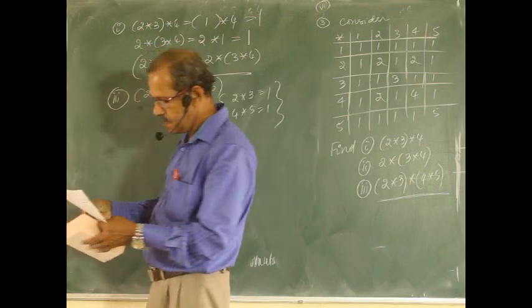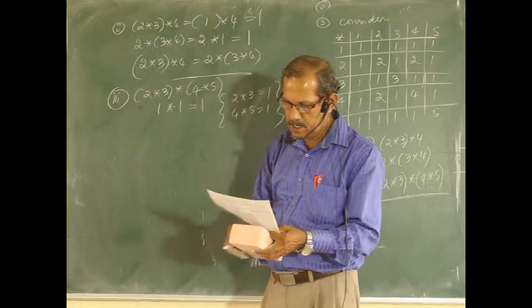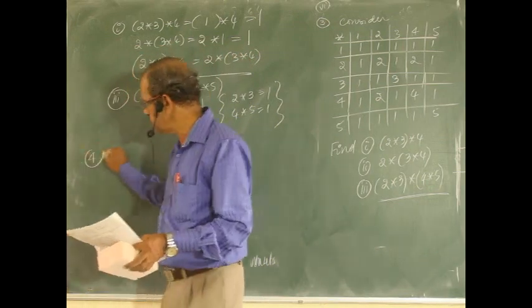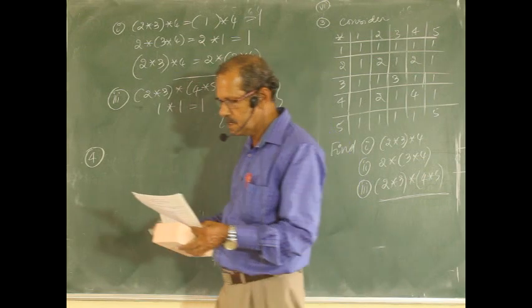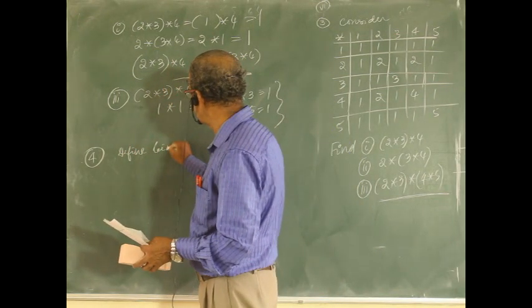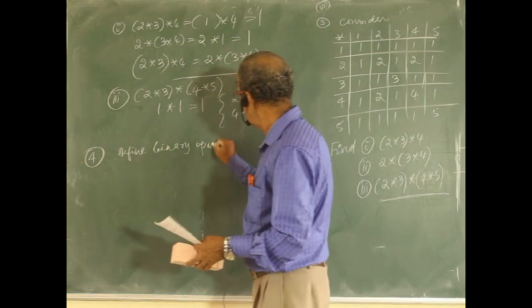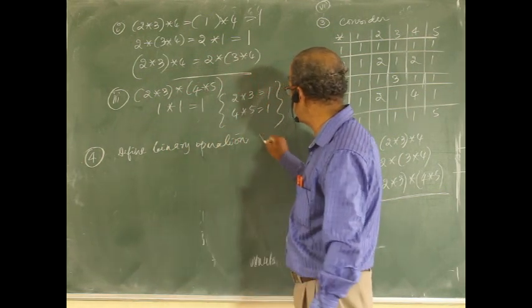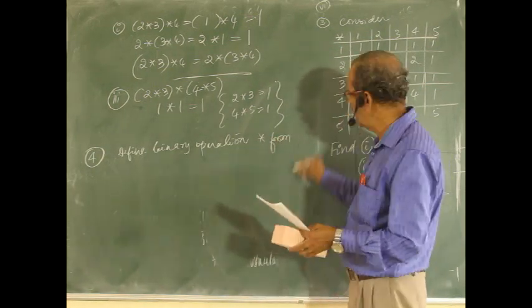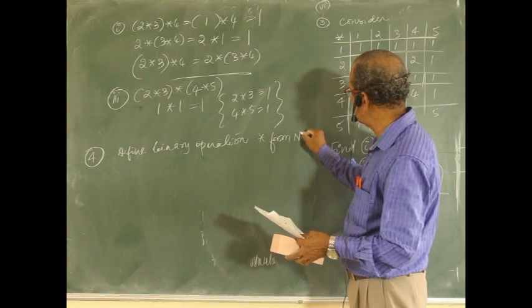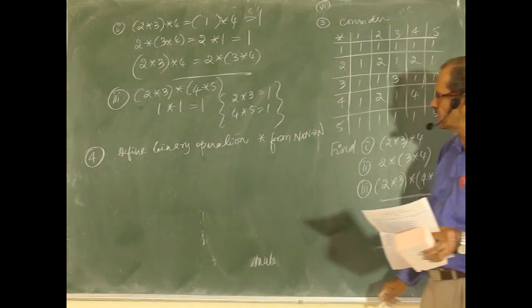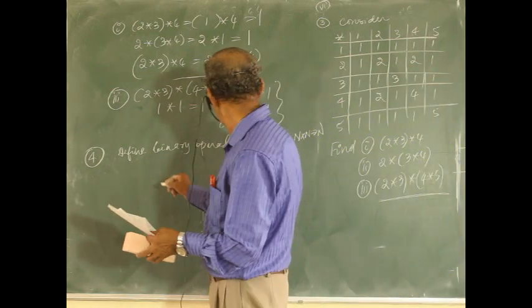Next problem. Problem number 4. Define a binary operation star from N cross N to N, set of natural numbers, defined by